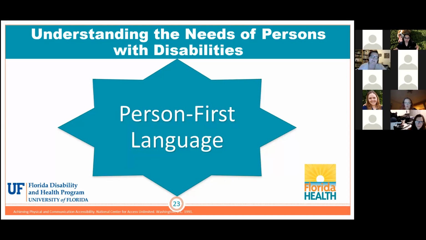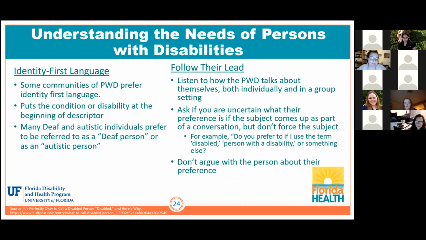Like I said, what this does is place the person at the center of the description and the diagnosis second. It decouples this identity as a diabetic, or as being disabled, from who you are. And so that's why we've started moving more towards person-first language as basic etiquette when talking about disability. However, as with everything else in life, there is some nuance here.